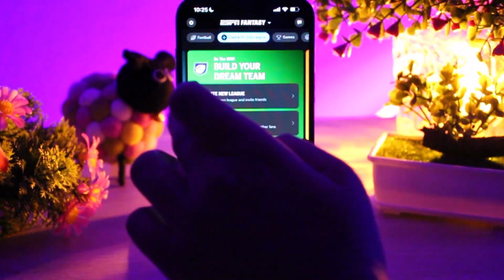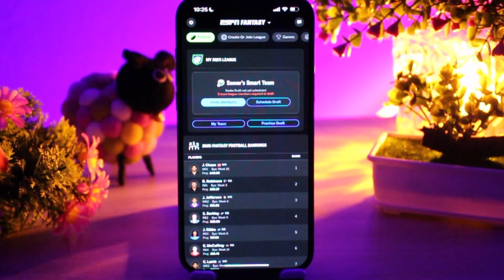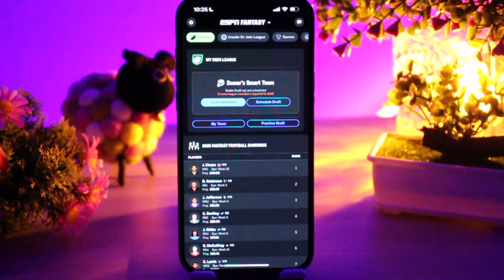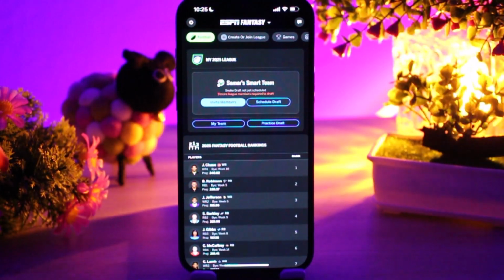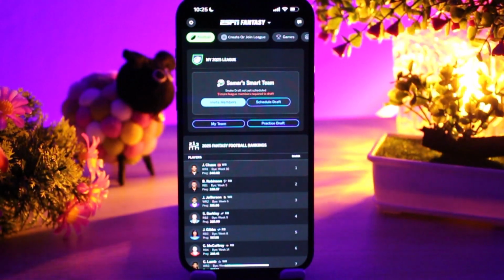From here, you can create or you can join your league. The draft is where you pick your players. When the draft starts, just tap on a player you like and you draft. Your goal is to build a strong team, a mix of a quarterback, running backs, wide receivers, a tight end,